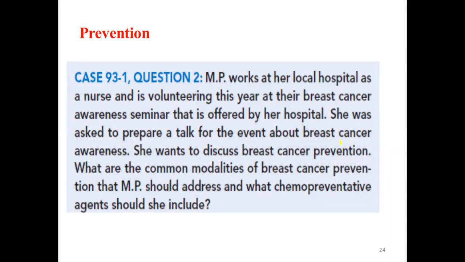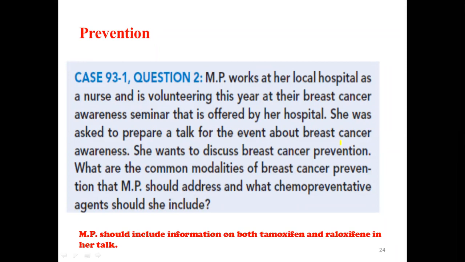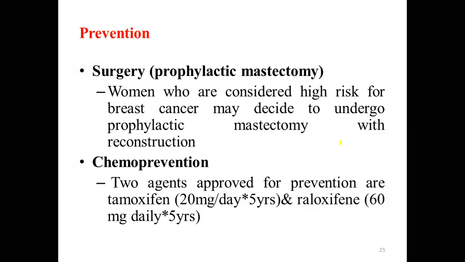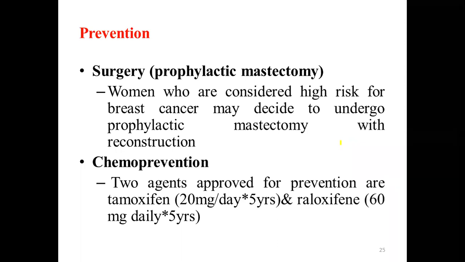Do we have any chemopreventive agents that can reduce the risk of breast cancer in high-risk individuals? Tamoxifen. Yeah, tamoxifen is the one that can be used. So those are tamoxifen and raloxifene. She is supposed to talk about those chemoprevention strategies, apart from what you said. Then, do you know about the surgical components of prophylaxis in high-risk individuals?